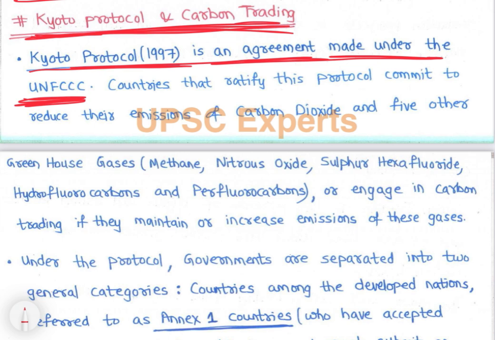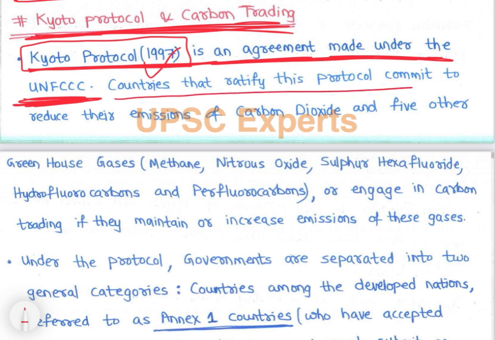We will be going for UNFCCC and Kyoto Protocol, etc. Next 2-3 classes, right? So Kyoto Protocol we will be discussing there. So Kyoto Protocol is an agreement made under the UNFCCC, right? 1997 में. So that is countries that ratify this protocol